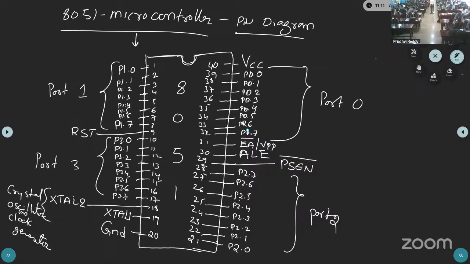Continuation. This port 3 is having special functions. Other than the input and output lines, port 3 also has special functions. These special functions are